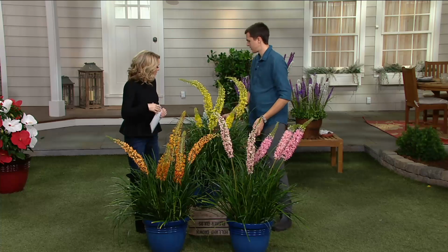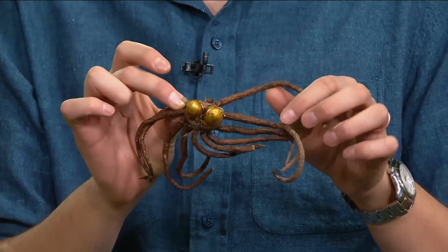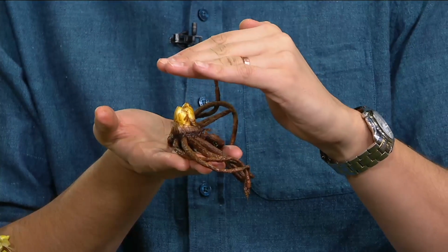Yeah, that's how it works, and it all starts from this right here. You're getting these bulbs. They're actually a tuber, and they look sort of like a tarantula. I was going to say that looks a little bit like a spider, but I'm going to go with you here. So the thing is, you're just going to take about 2 inches of soil, put it on the top,